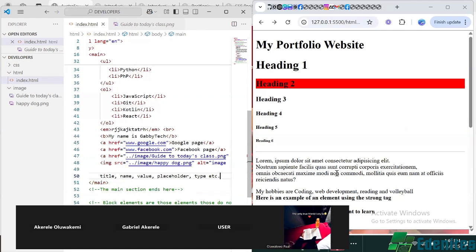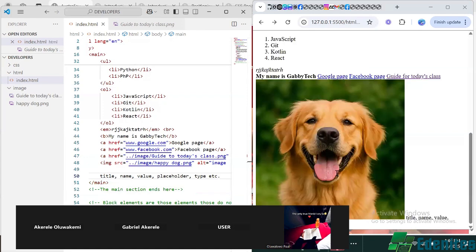So these are some of the attributes: title, name, value, placeholder, type. Remember, we already used other ones such as SRC, href, which is hypertext reference. So those are the ones that we add to make